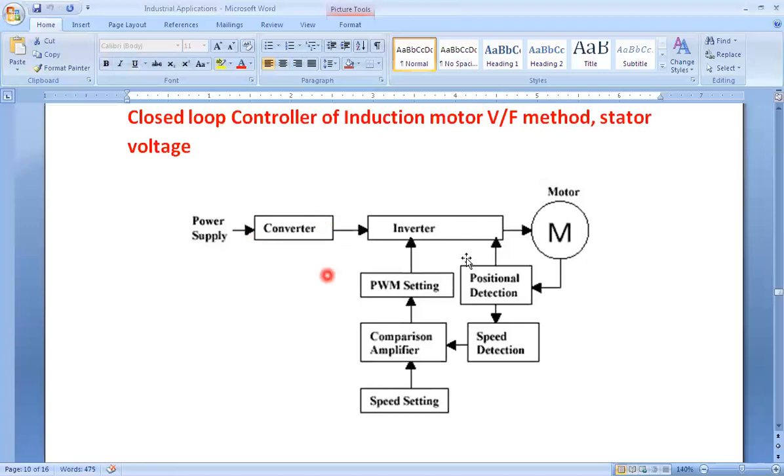So here, the first requirement is a speed sensor to sense the speed of the motor. Using the position sensor or position detection, we can convert the pulse width available from the motor into the measured speed, and this measured speed will be given to the amplifier for comparison. Let's say our requirement is 1300 rpm, but the speed of the motor, let's say, is 1400 rpm, right? We are receiving that. So 1300 minus 1400 creates minus 100 rpm.